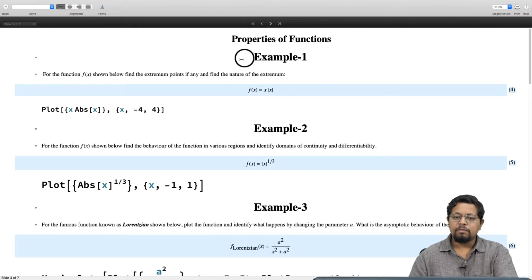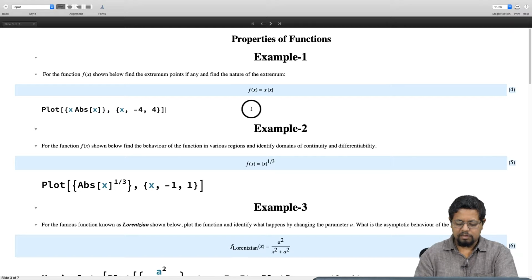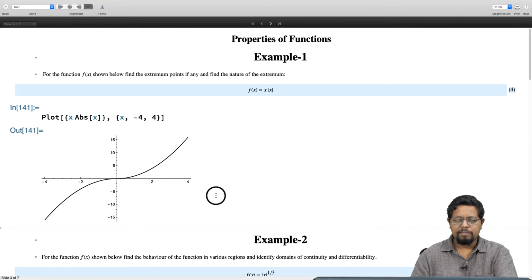Let's take the first example and understand properties of functions, zeros, asymptotes, divergences, etc. using these examples. The first example is f of x equal to x times mod x. Can you find out what the salient properties of this function are? Let's go ahead and plot this function and find out where the zeros, extremas, maximas, minimas, asymptotes, etc. are. So when I plot this function,